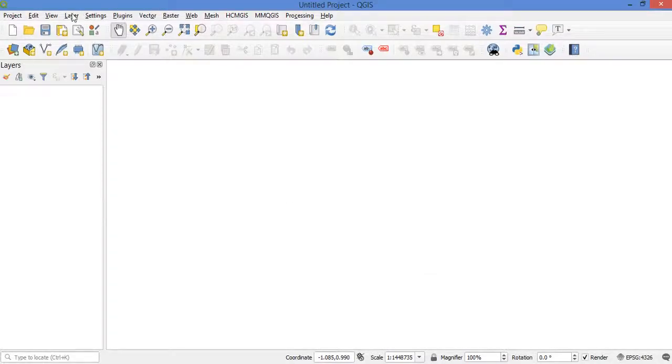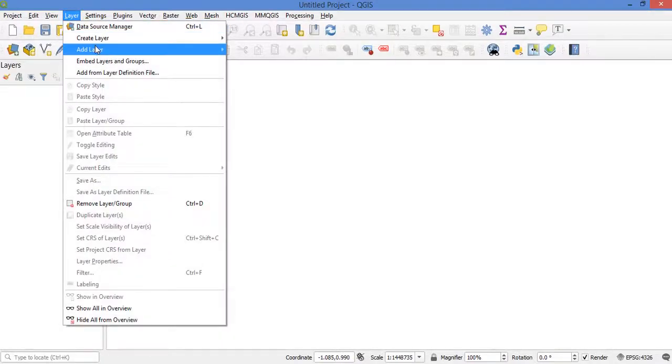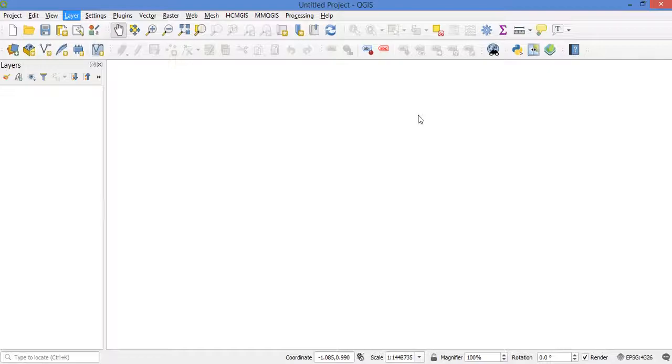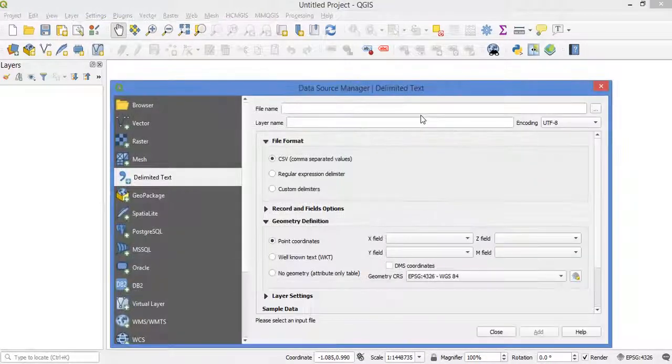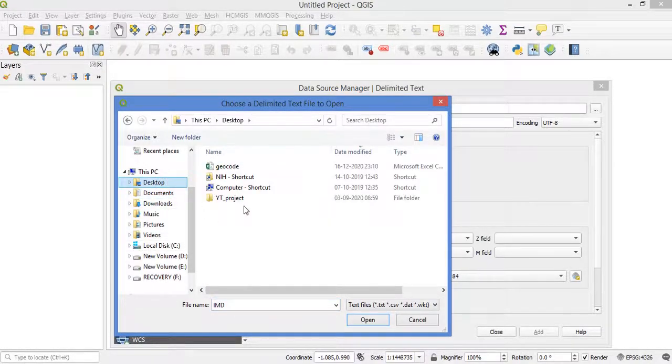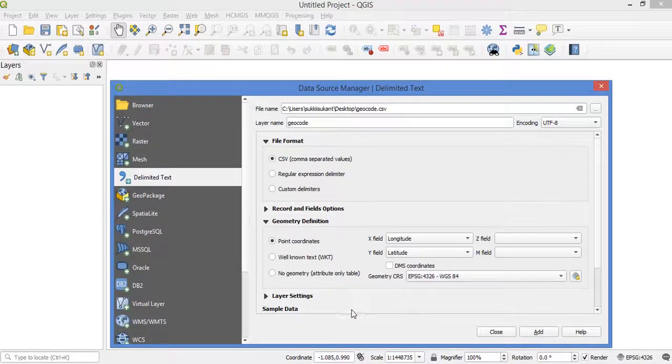I will go to Layer, Add delimited text layer. In the X field we have given the longitude, and in the Y field the latitude.